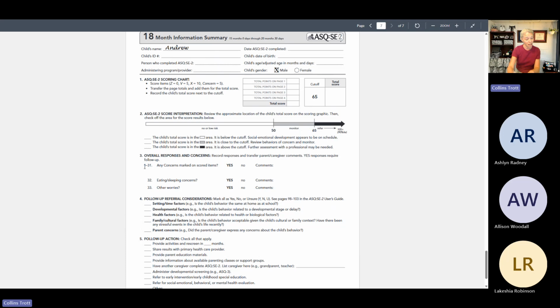And so this parent, yes, they had 1, 2, 3, 4, 5, 6, 7, 8. So yes, I'm going to circle yes. And I'm going to put, let me find my score sheet page. There we go. And I'm going to write down the question numbers that they put that on. So it was 1 and 7